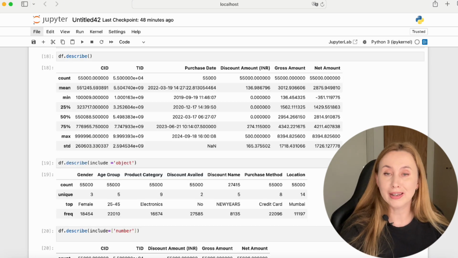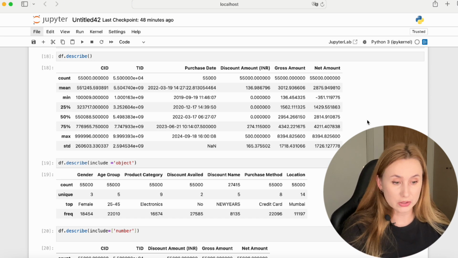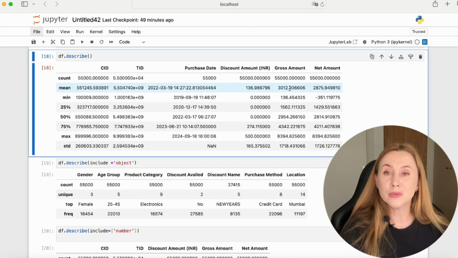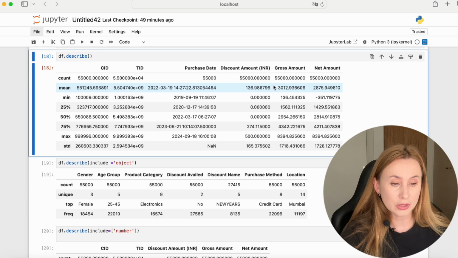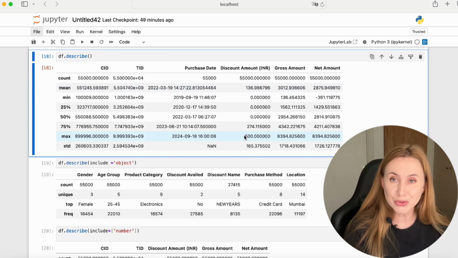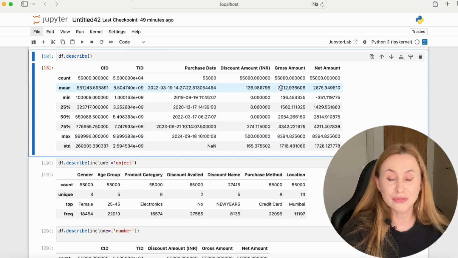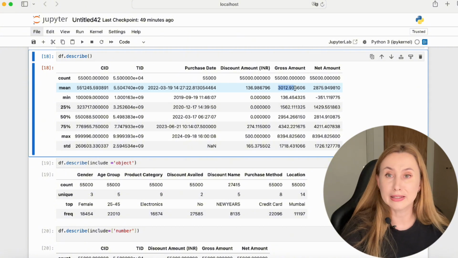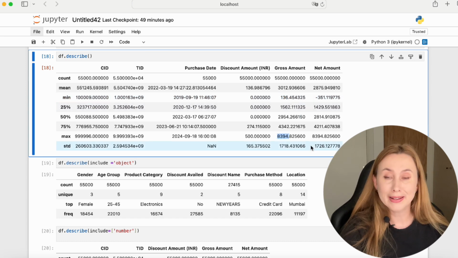And now we can create a summary report with all the data analysis we performed. So for example, we go back to our .describe and we can use this data for our summary report. For example, if we look at our discount amount, we can see that our average discount value is 137, while our maximum discount amount is 500. If you look at our total sales or gross sales, our average sale is 3012, minimum sale 136, and the maximum sale